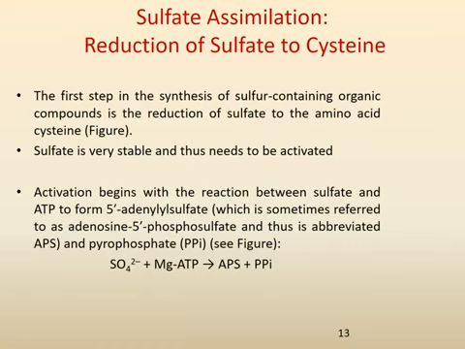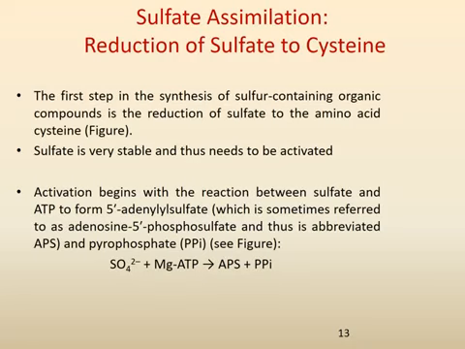Sulfate assimilation, that is the reduction of sulfate to cysteine. The first step in the synthesis of sulfur-containing organic compounds is the reduction of sulfate to the amino acid cysteine. Sulfate is very stable and thus needs to be activated before any subsequent reactions may proceed. Activation begins with the reaction between sulfate and ATP to form 5' adenylyl sulfate, which is sometimes referred to as